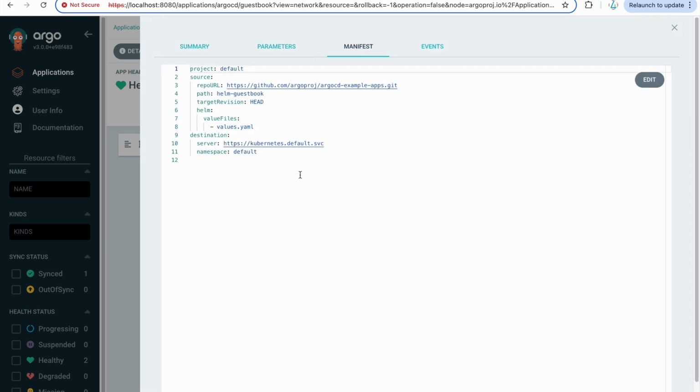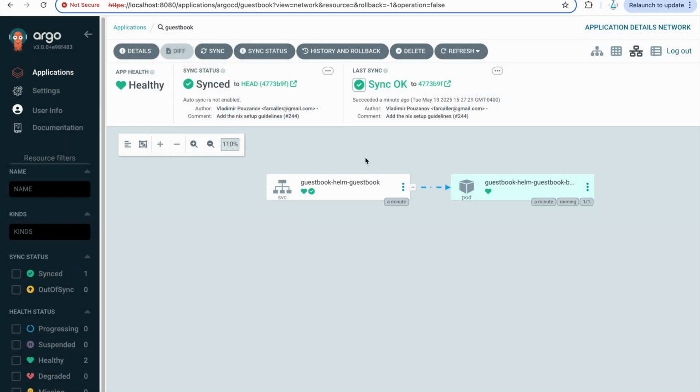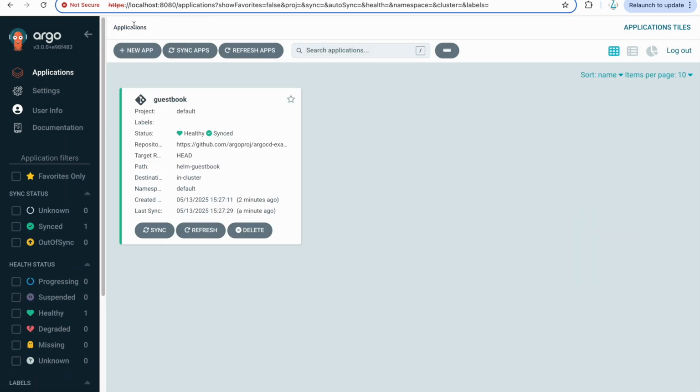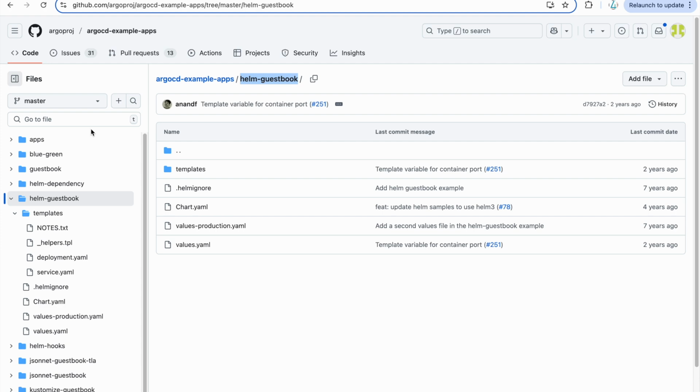And this manifest, if you want to run it using code, you can just use this manifest and just run like kubectl apply this YAML file. That should be it. So this is how you deploy any sample applications. It looks good. We cannot do more testing there, how the auto sync works and all those stuff, because we don't have any access to do any changes in this particular thing.